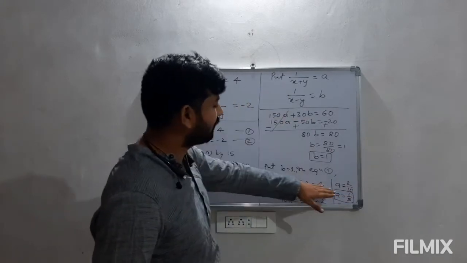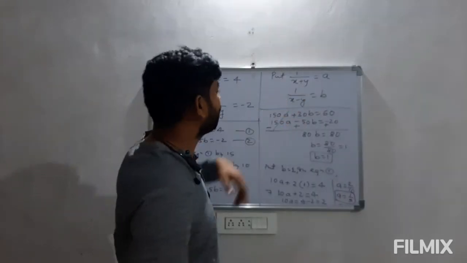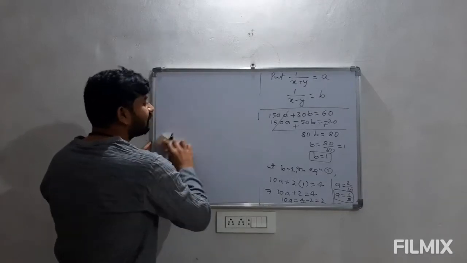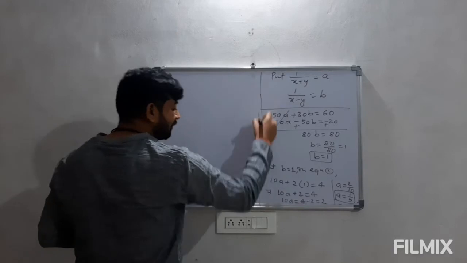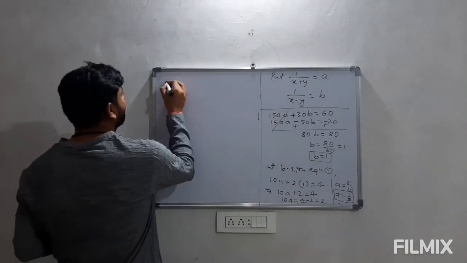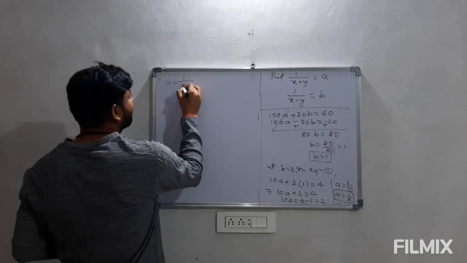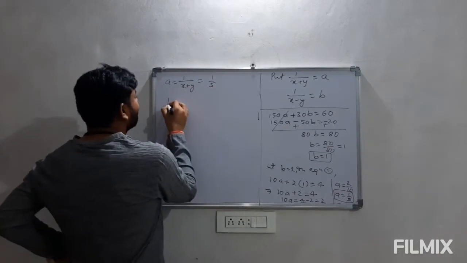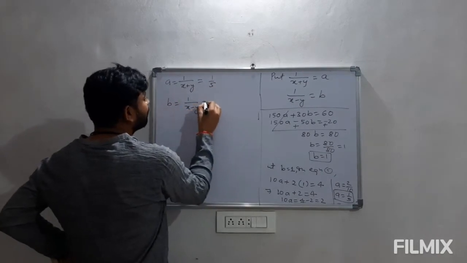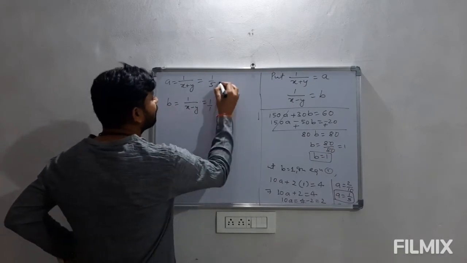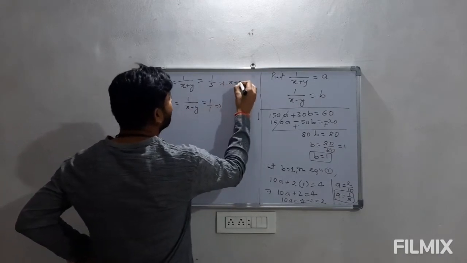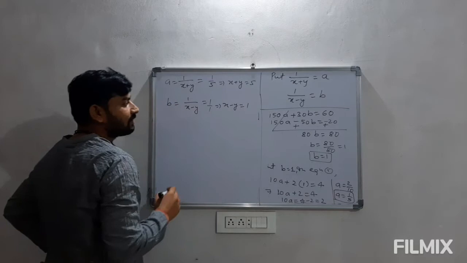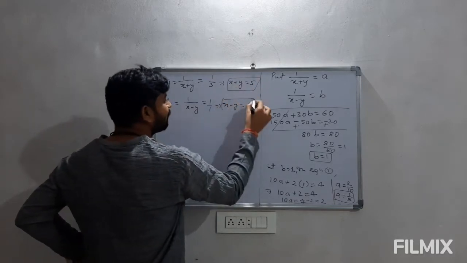Now we have assumed them with 1 upon x plus y and 1 upon x minus y. So we have to again find out the values of x and y. Now see, we have a linear equation again here by substitution of these values. We have assumed a is equal to 1 upon x plus y, which is coming out to be 1 upon 5. And we have assumed b as 1 upon x minus y, which is coming 1 here. So if we compare, we can get x plus y is equal to 5 and x minus y is equal to 1 here. We can further solve these two equations.